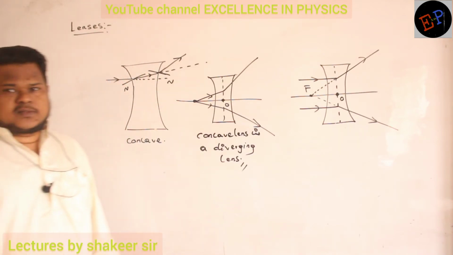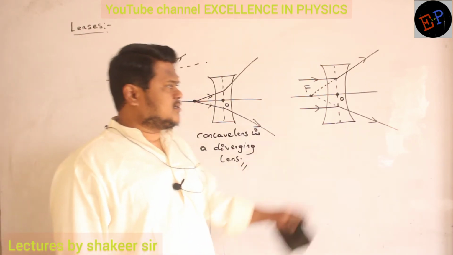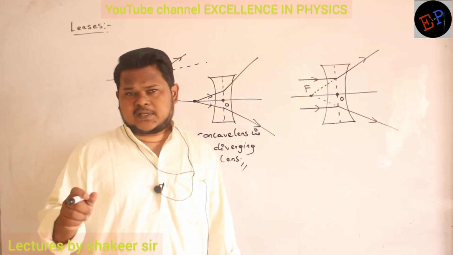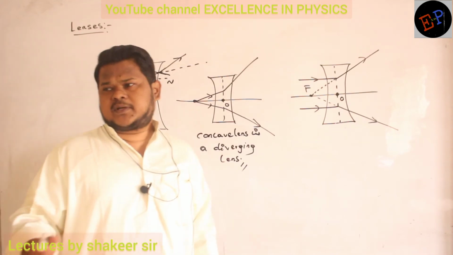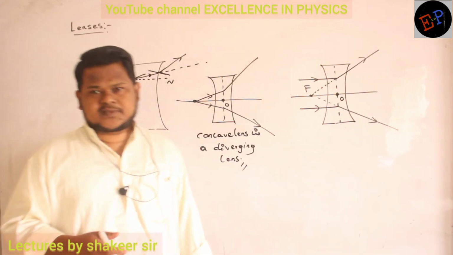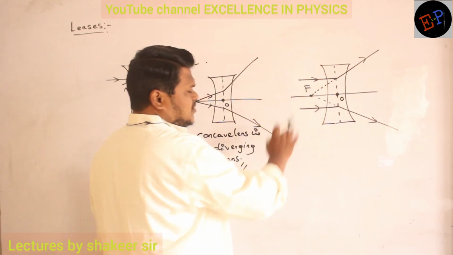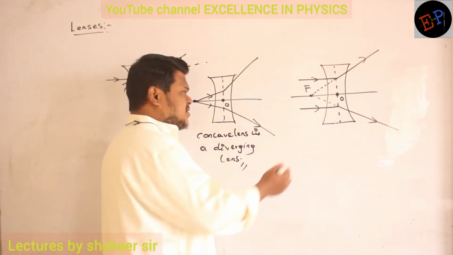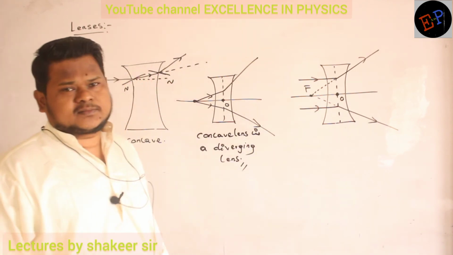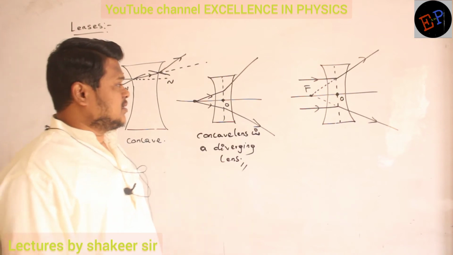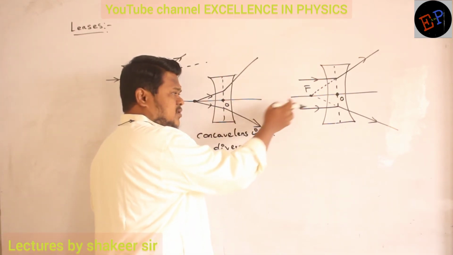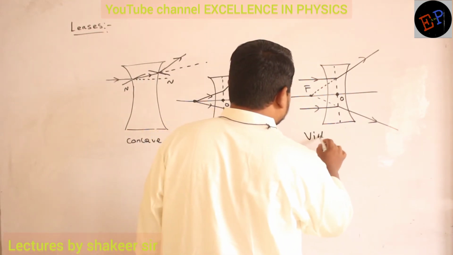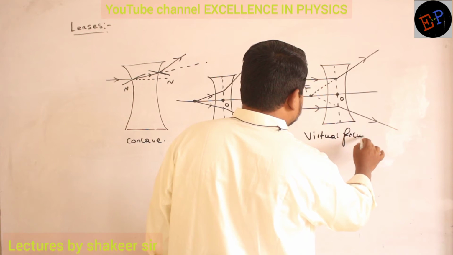Okay. Now again, what is the difference between the previous condition and this condition? Previously, we got a real focus, no? Light rays were focusing at one particular point when they were parallel to the principal axis. But here, light rays are not meeting at a point. They are diverging. Clear now? But if you extend them, they are meeting somewhere on the same side of the object. The object is also present on this side, no? The focus is also present on the same side. Clear now? So this kind of focus is a virtual focus, not real.